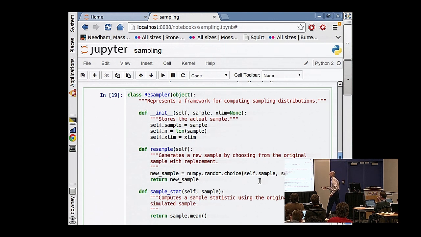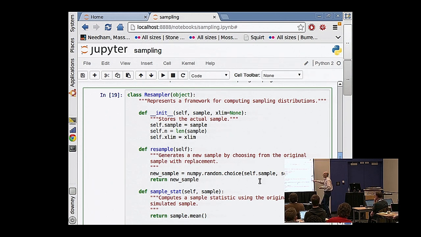And the way I'm going to do it, this is numpy.random.choice, takes the actual data that we saw, and it pulls n values from the sample that were collected. So picture, let's say n is 100. You've got 100 numbers. You're going to choose 100 of them at random. You're going to choose with replacement. That's the replace equals True. What that means is that some values will get selected more than once, other values will not get selected at all, and therefore this new simulated data that you generate will be different from the actual data. Some things will be replicated, some won't appear.